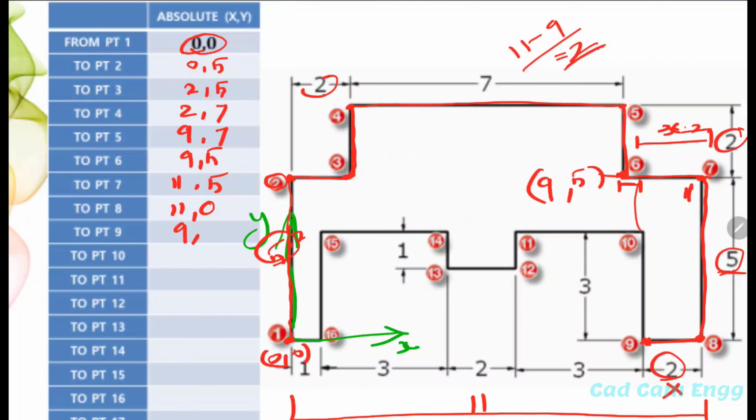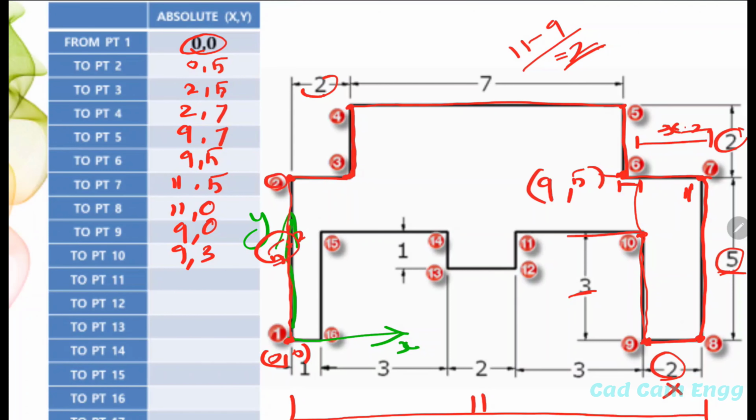Next, point number 9 to 10. Again it increases in the y-axis. So the x-axis is 9 and the y-axis increases 3 mm. So 0 plus 3 we get 3.